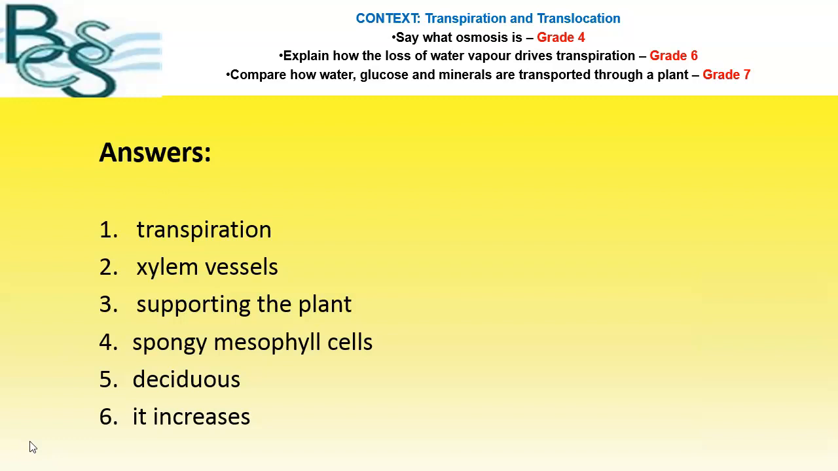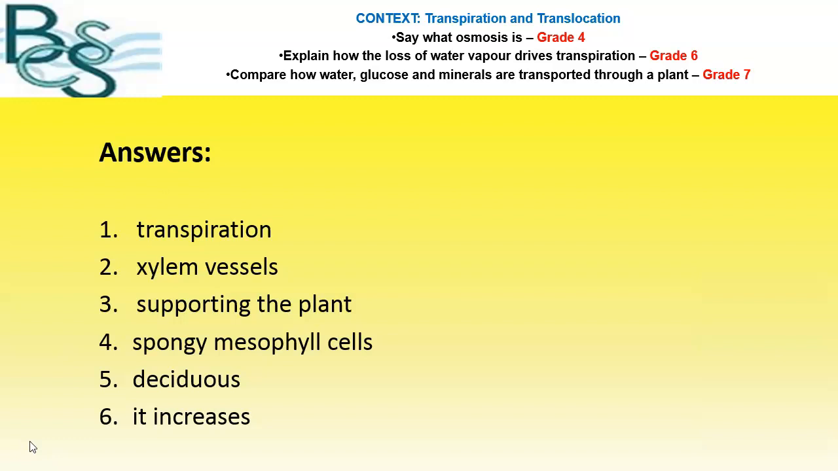Question 4, which cells cause the air spaces inside the leaf? That's going to be those spongy mesophyll cells. Question 5, what term describes trees that lose their leaves in winter? That's deciduous. And then question 6, if the humidity of the air around a plant is reduced, what happens to